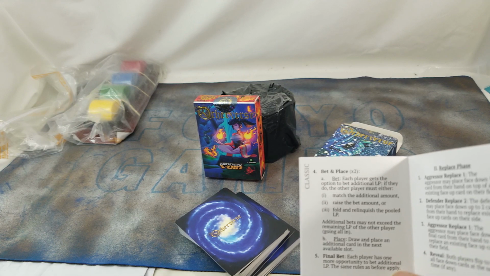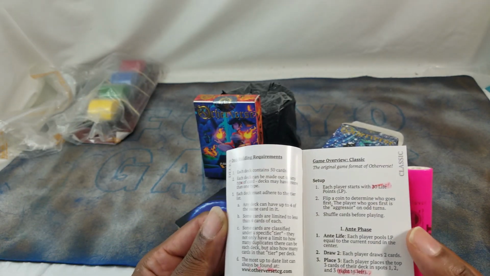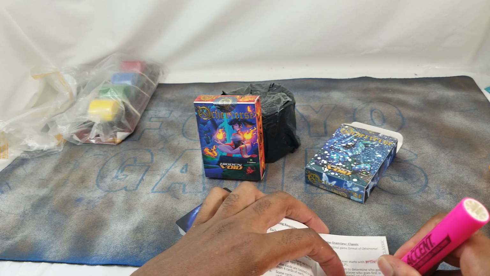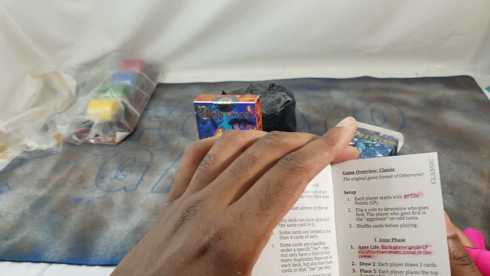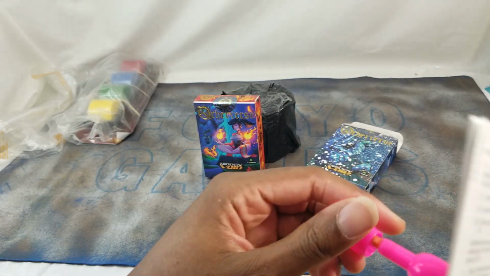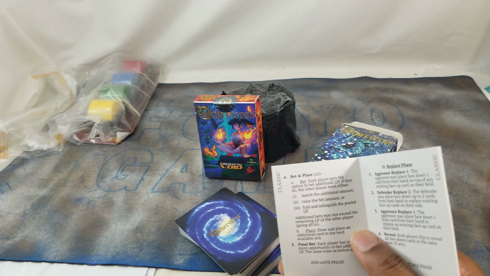Okay, each player gets the option to bet additional life points. You got 30. The first turn you're betting up 1 minimum, or each player starts with 30 life. Flip a coin to determine who goes first. Each player pulls the LP equal to the current round in the center. Okay, you get 30. The current round, you bet that many life. Each player, so is it no limit or is it limit? Each player gets the option to bet additional life points. If they do, the other player must either match the additional amount, raise the bet amount,